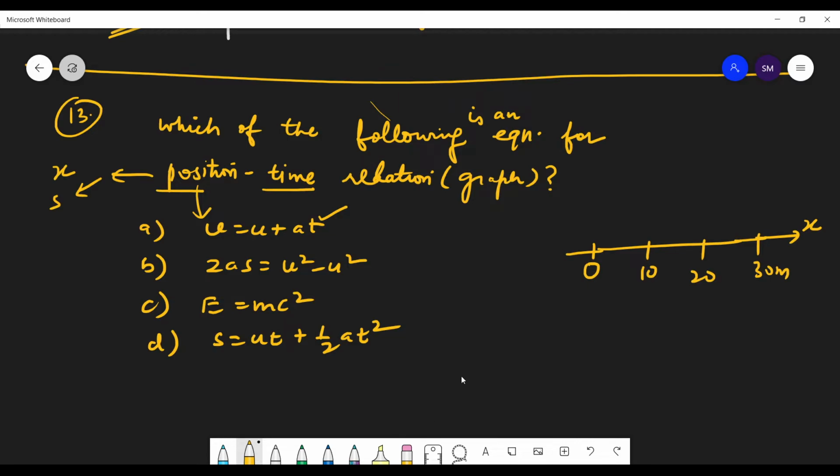So students, you can see that at time t equals 0, I was at origin, and then at time, suppose t equals 2 seconds, I was at 10 meters. When time is 3 seconds, I was at 20 meters. Time 4 seconds, I was at 30 meters. So what was my position at 4 seconds? When the time was 4 seconds, what was my position?